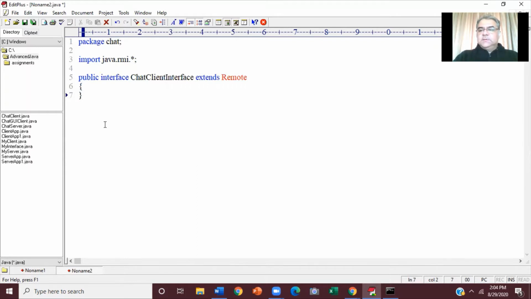This interface will be implemented by the client, known by the server. So whatever methods we declare inside this interface, the client is going to implement them and the server is going to call them.